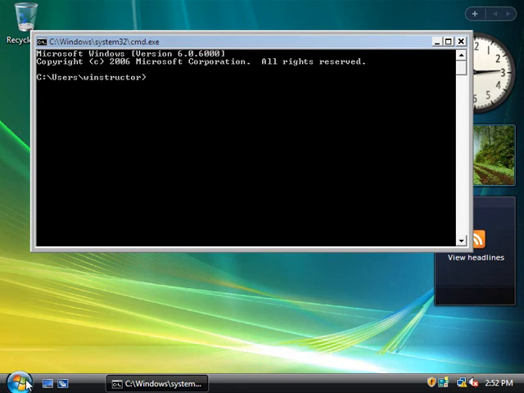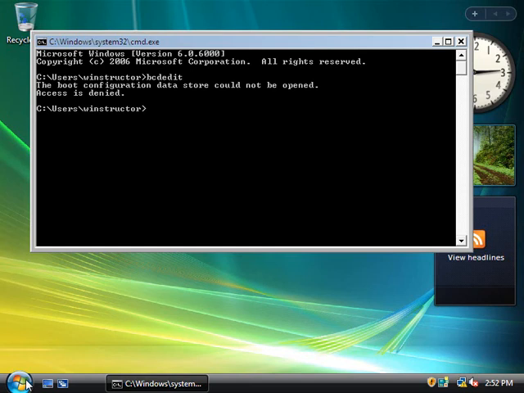So let's do it anyway. We'll try it. We'll run BCD edit, and I'll just hit Enter. And as you can see, access has been denied as we don't have the privileges to run it. Okay, so this time we're going to have to open up a command prompt with administrator privileges, and to do